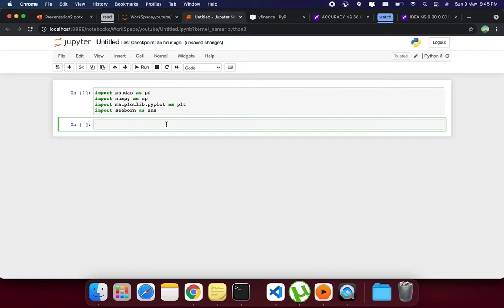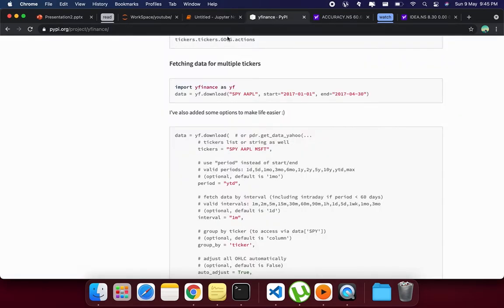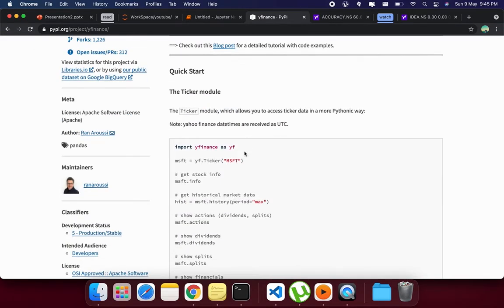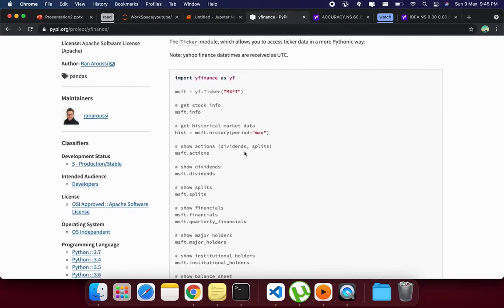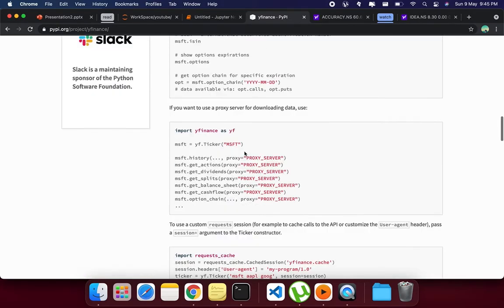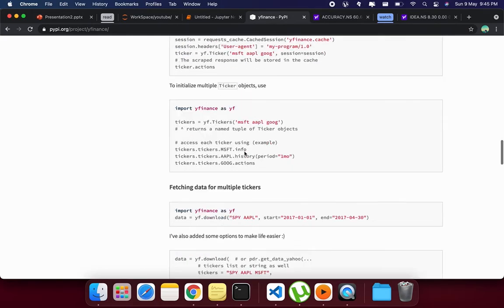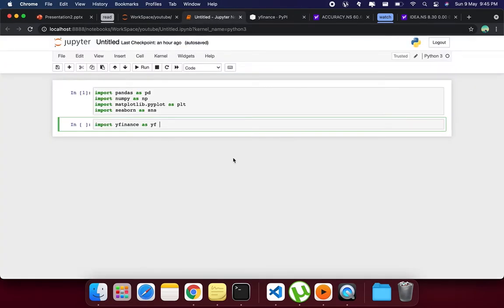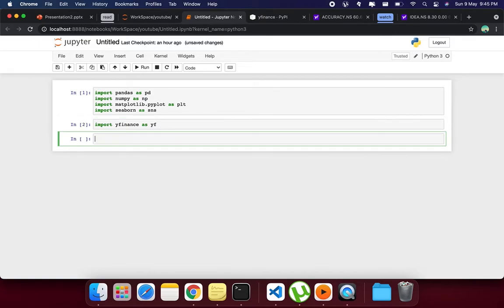With that said, we'll also need one more library, which is the yfinance library, right? The yfinance library is nothing but the API for Yahoo Finance, and you can find the package here at PyPI, and just install it using pip install yfinance. There are a lot of things that you can do with this library. This is a pretty powerful library itself, and you can go and search on this website, see the documentation to find more about it, right? But for the purposes of this video, we'll keep it short, and I will show you how we can use it to get the historical data.